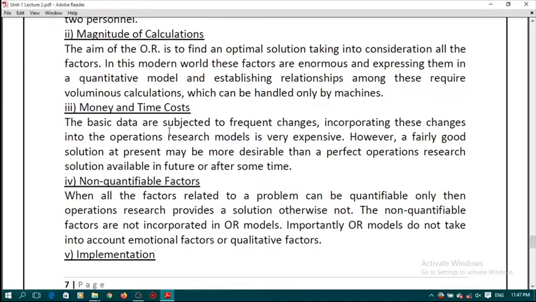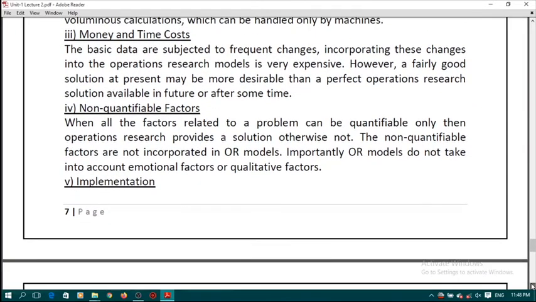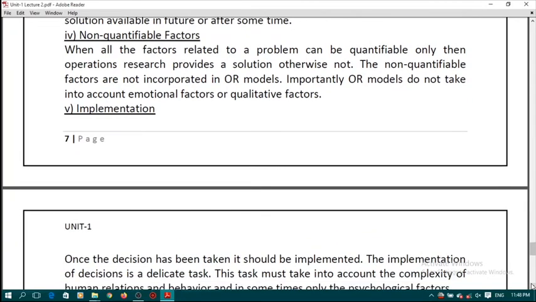The basic data are subject to frequent changes. Incorporating these changes into the operation research model is very expensive, not only in terms of money, sometimes in terms of time also. It's very time consuming also. However, a fairly good solution at present may be more desirable than a perfect operation research solution available in future or after some time. Next is